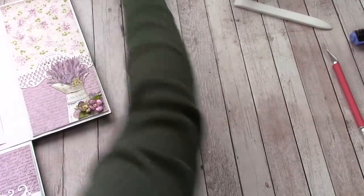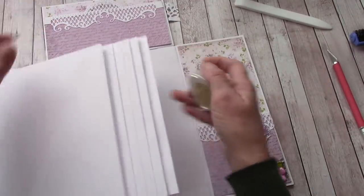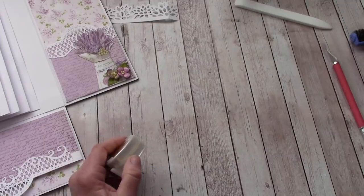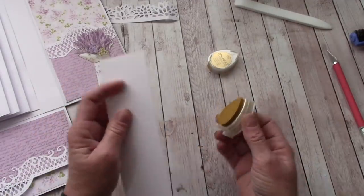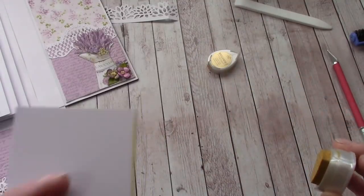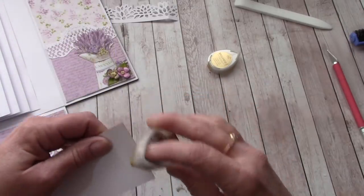Okay, next thing, if you got the gold, Brilliance Gold, Galaxy Gold, what we're going to do is run this along the edges of each of our pages to kind of give it a gold foil look. But before you do that, look in your reserves for a scratch piece of your cardstock like this. And we are going to first get used to our ink pad. So I'm going to hold it like this and at the side, and I'm just going to go like that. I'm not going to smash it in, because what happens is you can get too much. But if I'm just lightly going one direction, I can get that gold a little bit there. So once you think you got the hang of it,